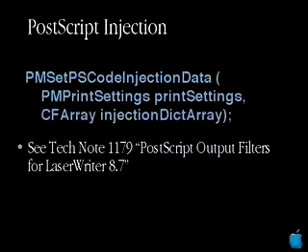And if you look at the tech note that's mentioned here, that's all about writing PostScript output filters for LaserWriter 8.7, you will see that, certainly at the back of the tech note, there's a big long set of tables which list all these tags. And they map pretty closely to Adobe's document structuring conventions. They identify specific points in the PostScript job. And basically, all you would need to do is create a list of PostScript snippets that you want inserted at these points in the PostScript file and hand that to the printing system. Basically, attach it to the print settings object